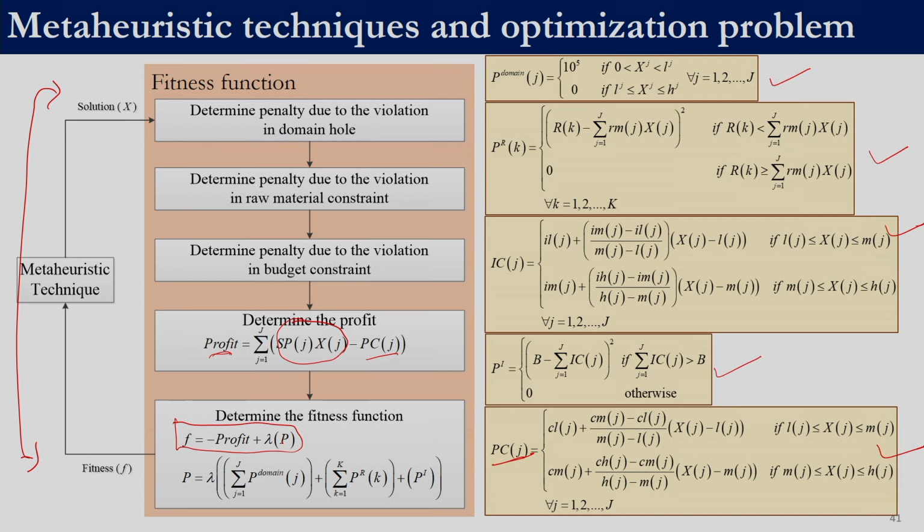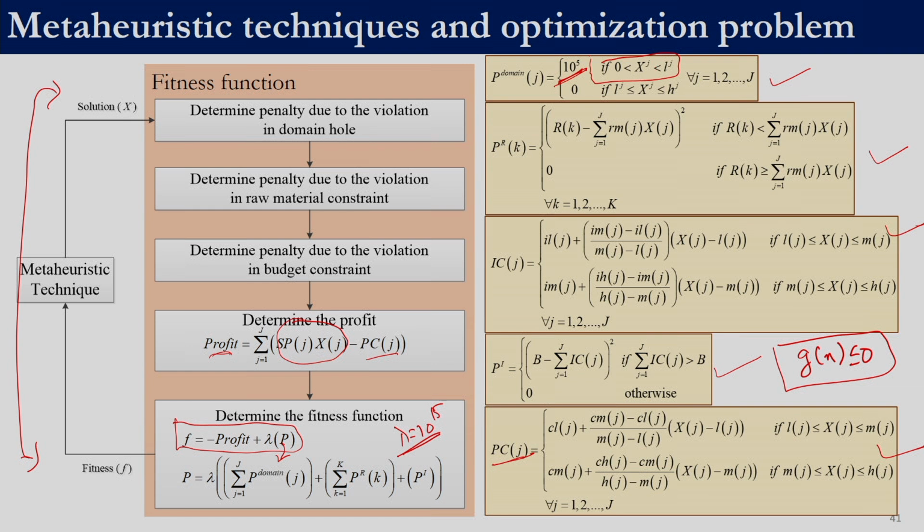The value of P is nothing but the summation of all the penalties. Here we have taken the lambda value to be 10^15, and we took the penalty for violating the domain constraint as 10^5. The domain constraint we did not even have in the form g(x) less than or equal to 0. If you remember, when we were first talking about how to handle constraints using metaheuristic techniques, we had said that if a condition is not satisfied, you can assign a penalty. It is not necessary that the condition should be of the form g(x) less than or equal to 0. Here we had the condition that x is greater than 0, but less than or equal to L.